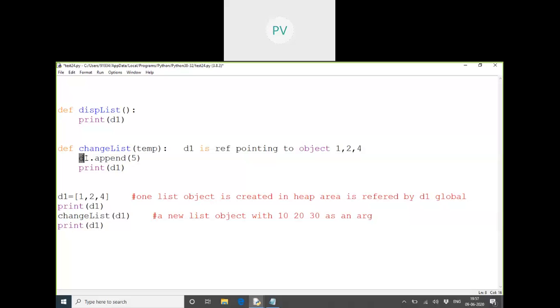So here when I said temp dot append, it is appending to which object? Variable is local. It is pointing to which object is important. To the list, ma'am. Which list? There is only one list. There is only one global list. Yeah, this list is not like a global or something.